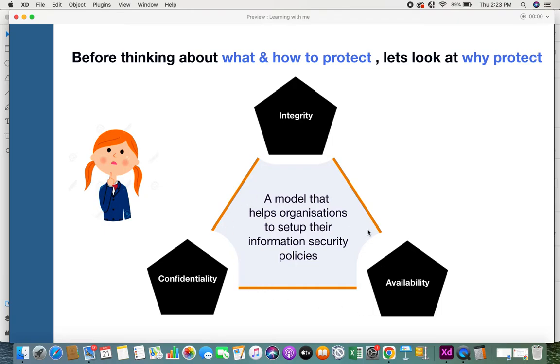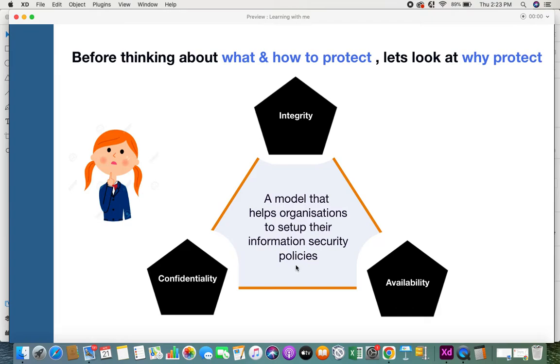This CIA triad is a model that helps organizations set up their information security policies. Before setting up any policy, before jotting down various rules and standards, first you need to understand what the aspects are based on which you need to